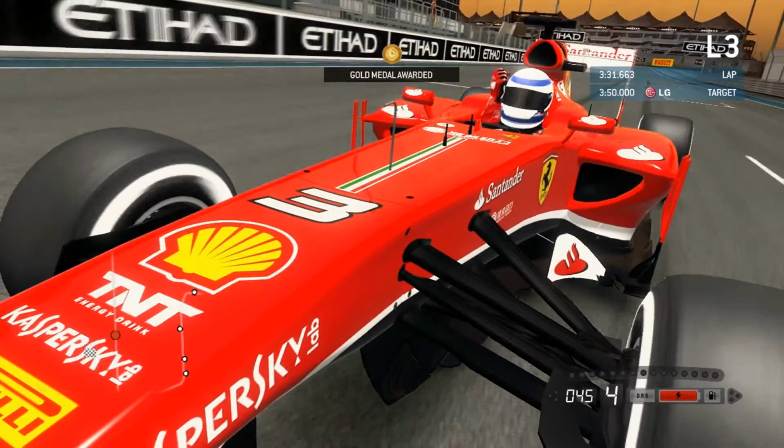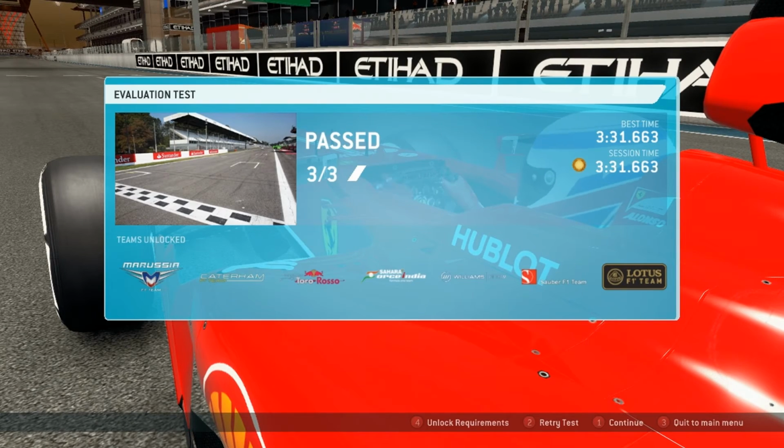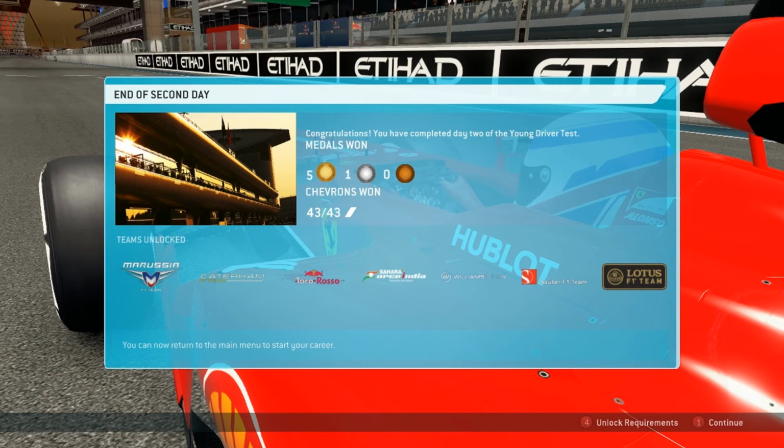We got some good data. Your line and corner speeds are good. And that's the end of day 2 of the Young Drivers Test. Next time we see you, it'll be on the grid for the start of the new Formula One season. Until then,